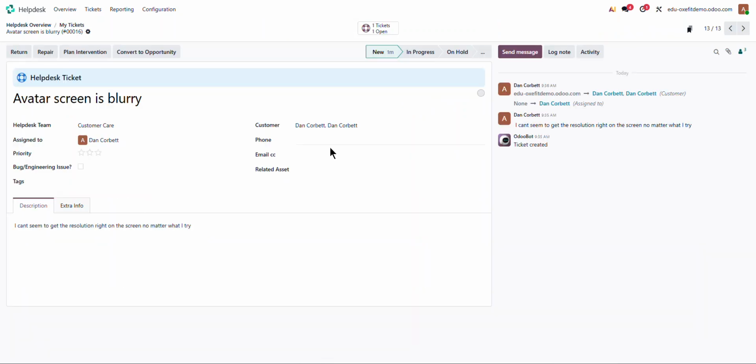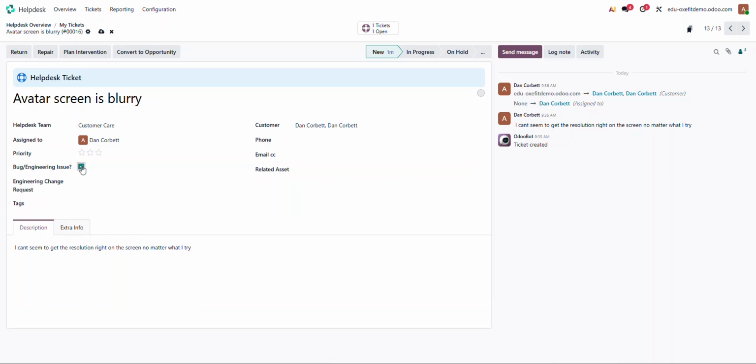So it came in, assigned it to Dan Corbett, and I'm the only user right now that is active, so it assigned to me too. I built in this functionality. If I click on bug or engineering issue here, it automatically opens up this engineering change request field. I've loaded 3, so I'm going to say that I've got already one out there for software fix for avatars. Essentially, as tickets come in, I'm going to roll this ticket into an outstanding ECO that we're working on